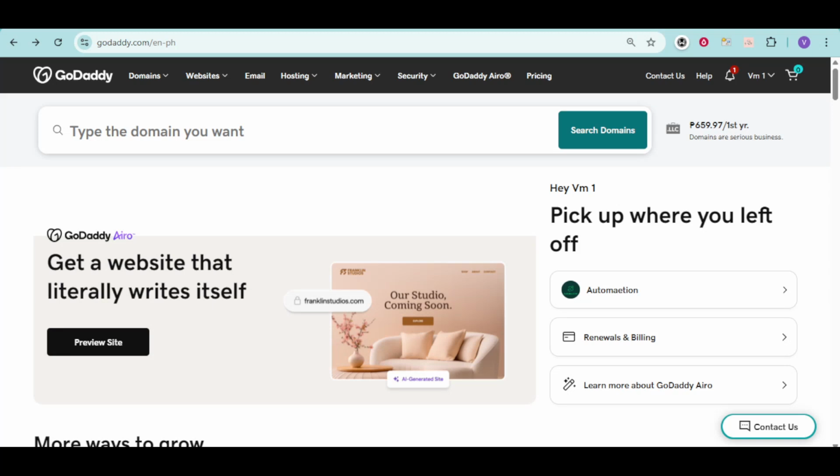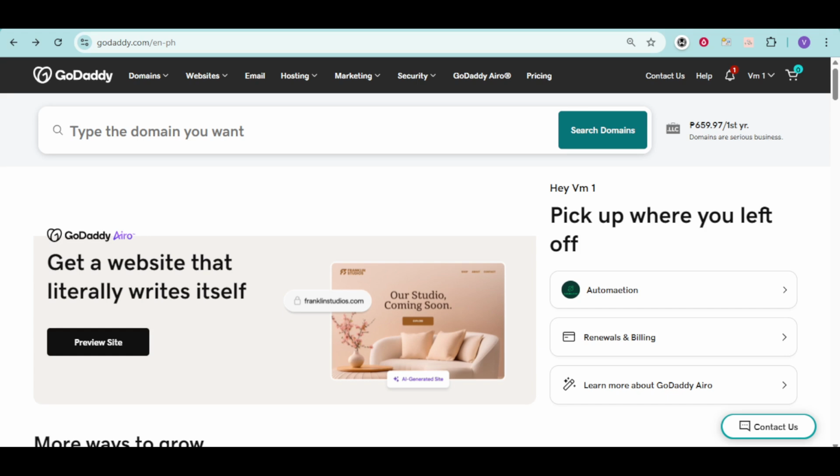In today's video, I'm going to teach you how to verify domain ownership in GoDaddy. Verifying domain ownership is a common step when connecting your website to services like search engines, email providers, or analytics tools. The goal is to prove that you control the domain by adding a special TXT record to your DNS. I'll walk you through the exact process in GoDaddy, explain what each field means, and share a few simple tips